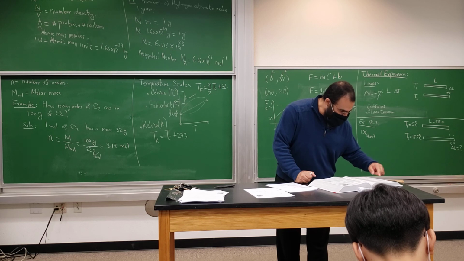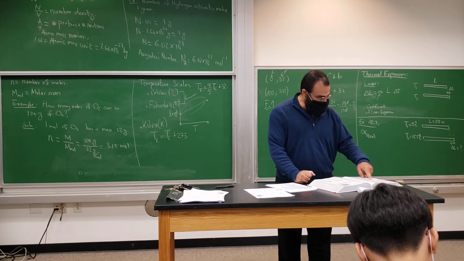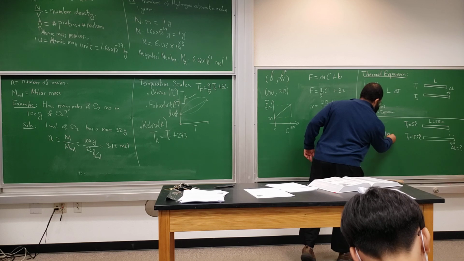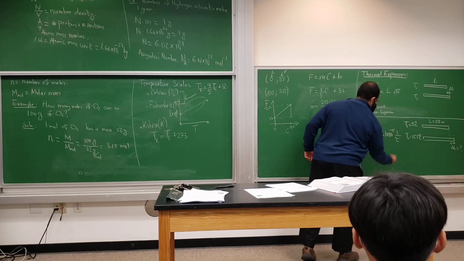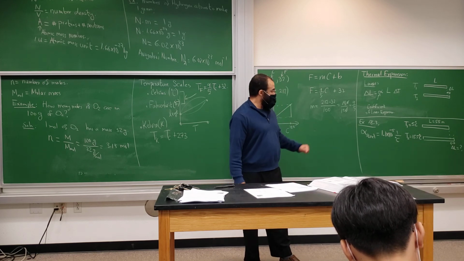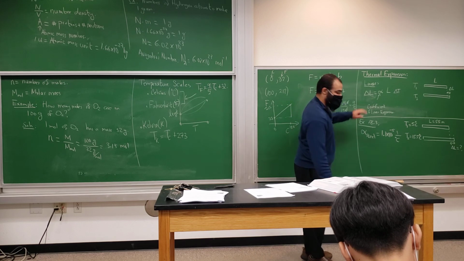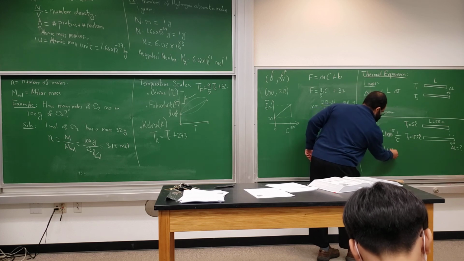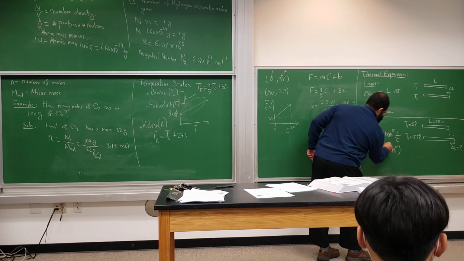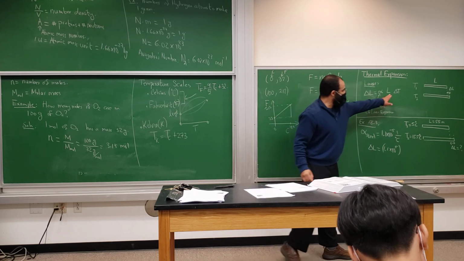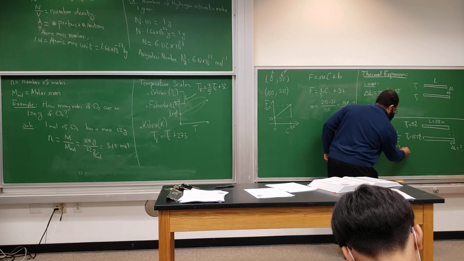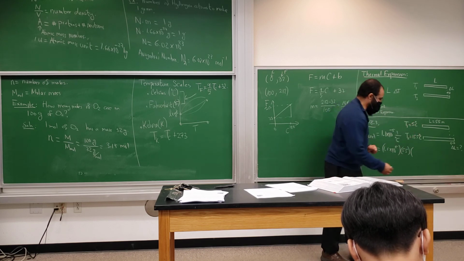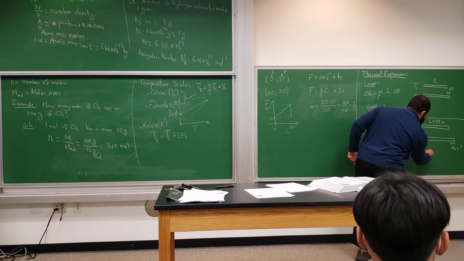So steel has an alpha of 1.1 times 10 to the minus 5 per degree Celsius. So we can easily find delta L with this formula. Delta L is alpha, 1.1 times 10 to the minus 5, times the original length, which is 55 meters, times the change in temperature, 155 minus 5. And if you do this,